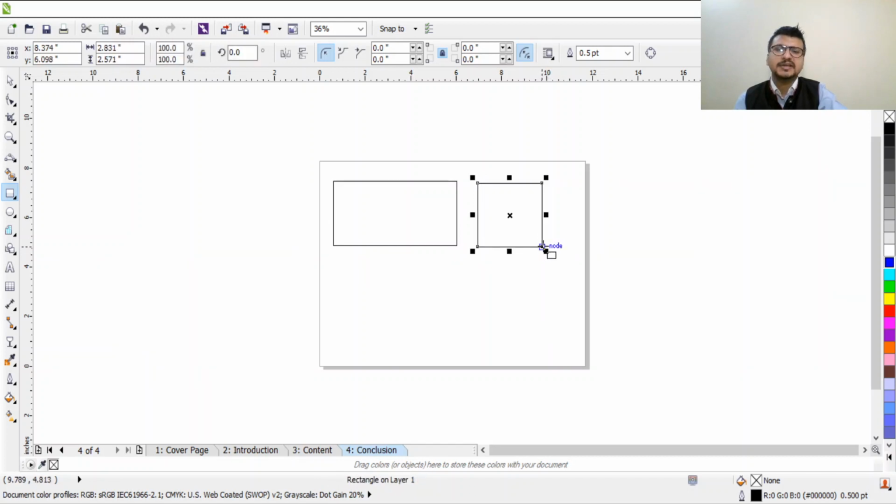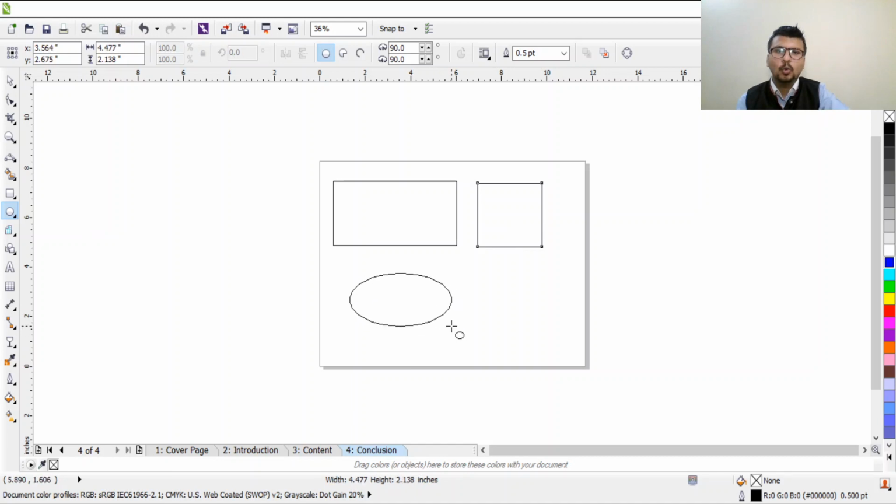Basically, a square has all the sides the same, and if you talk about the rectangle, two sides are the same and the two sides are different. The parallel sides are the same, we can say in short, and the other parallel sides are the same shape, size, length. Or you can say the two sides of the rectangle are the same, while in the square all the sides are the same. So we have created this shape. If we talk about the ellipse, the shortcut is F7. We can create the oval shape.